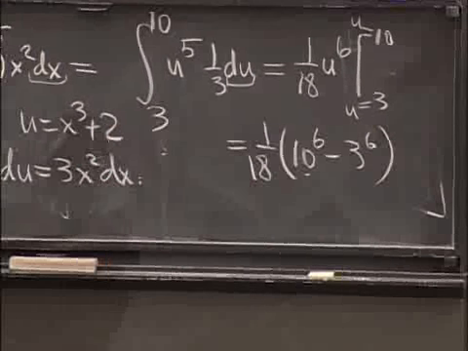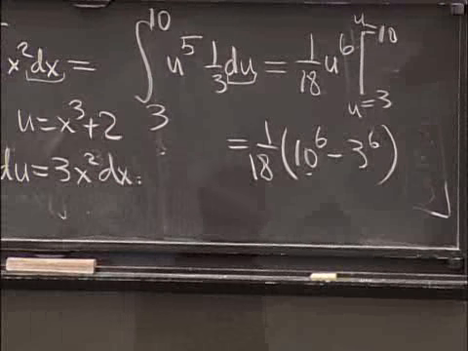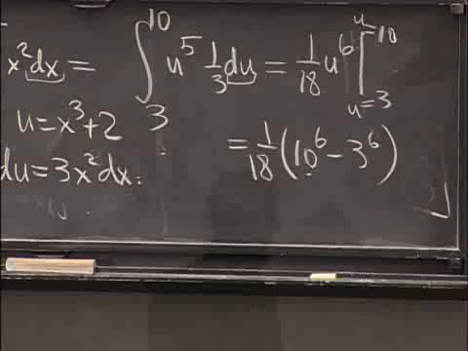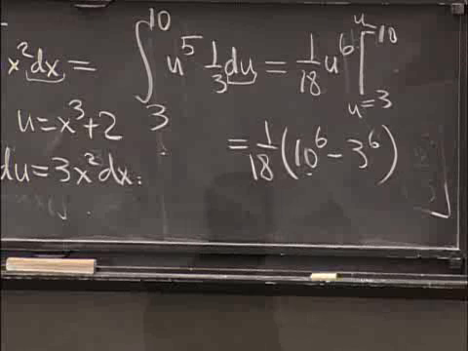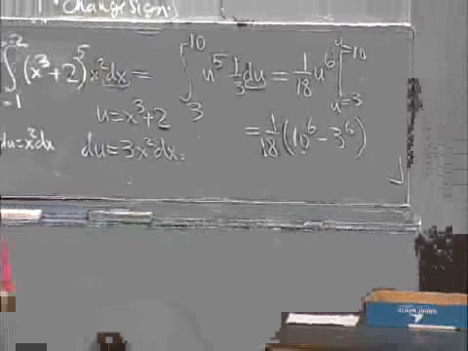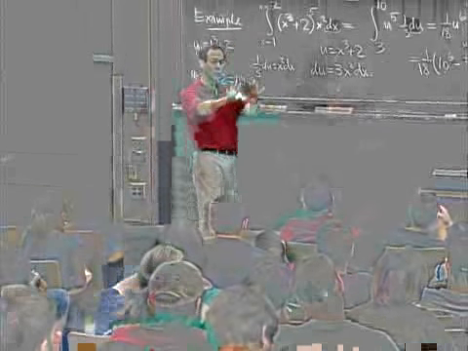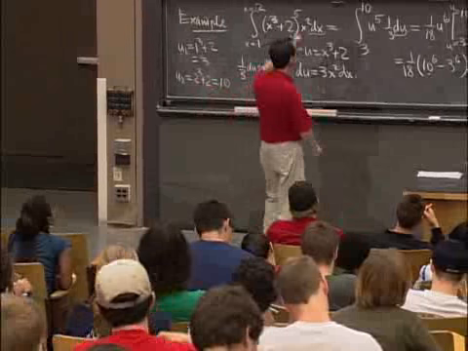Yes, question. It seems like maybe one way to map it is changing the side of u prime. Can you just solve for the antiderivative, then put it in terms of x? So we've got the antiderivative 1/18 u to the 6. Can you then put that in terms of x? And so if you want to do things with